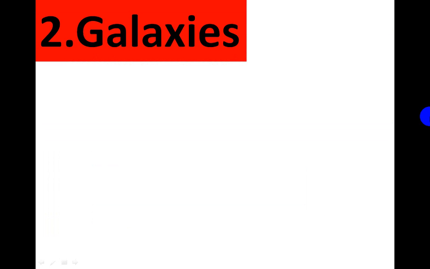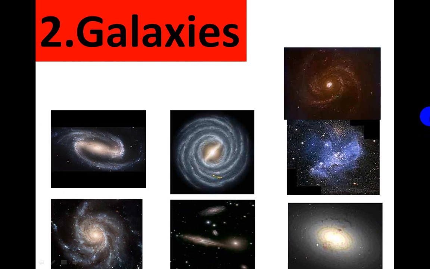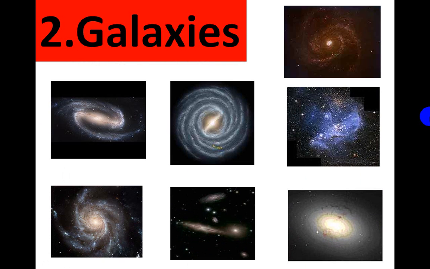First, the galaxies. The universe is mainly composed of stars, gas, free dust, etc. But they are not scattered throughout space. They are grouped into systems called galaxies. These are some photographs of galaxies. There are billions of galaxies in the universe. Within the local group, galaxies are on average 3 million light years away from each other.